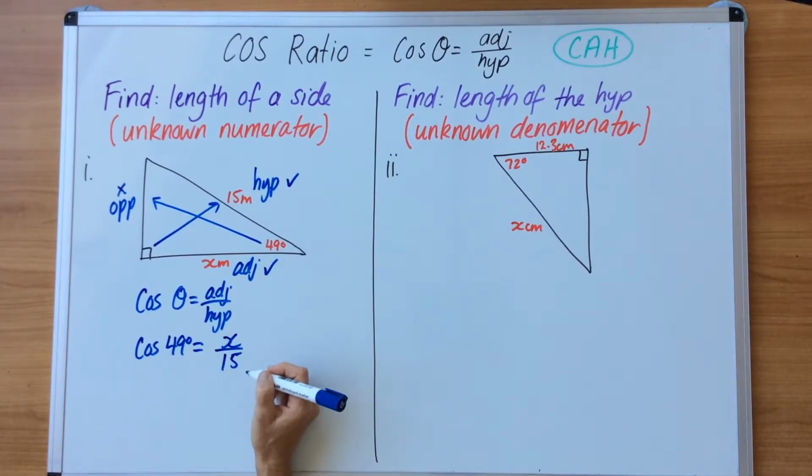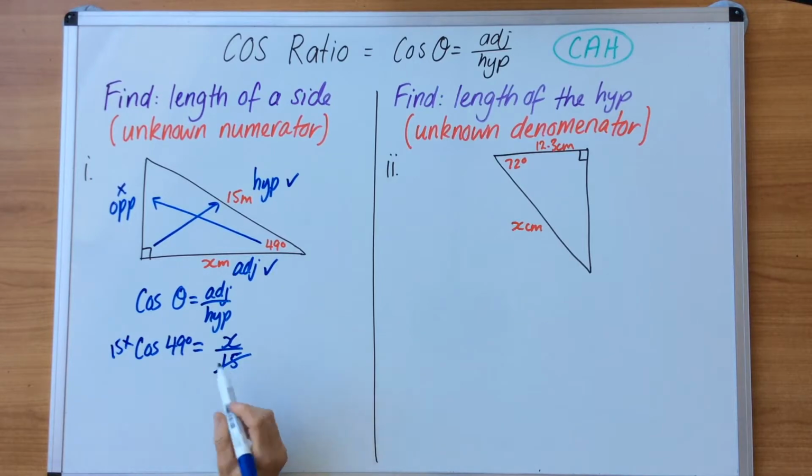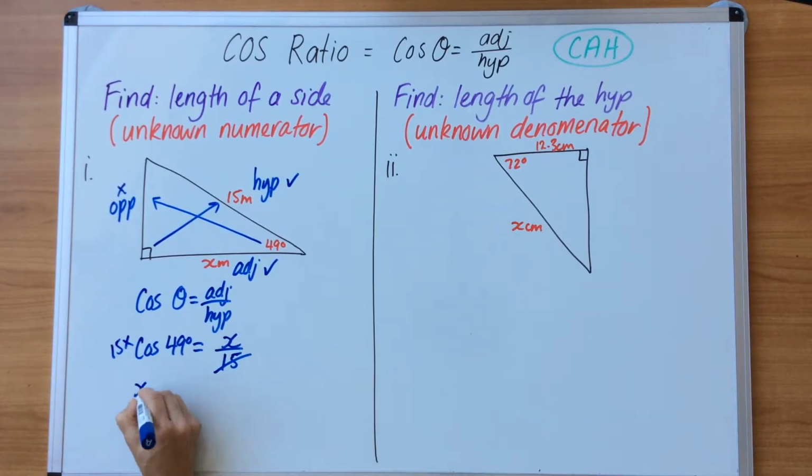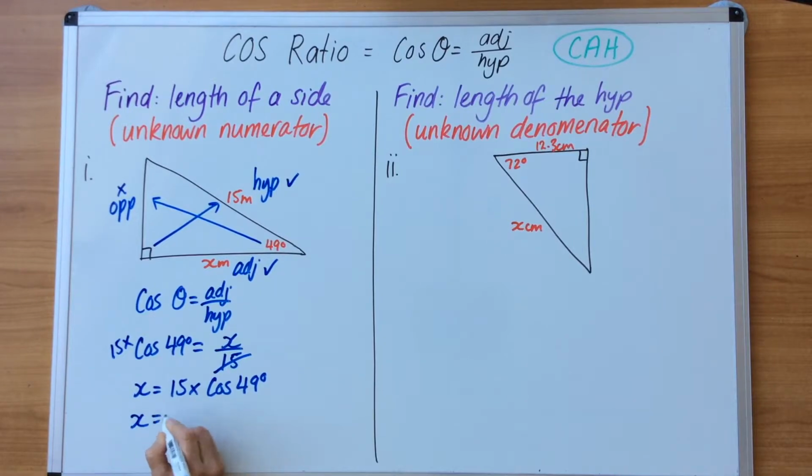We're now going to multiply the denominator and rewrite. So I cross out the 15 and I give it to the cos, and now I flip it back to front and go x equals 15 times cos 49 degrees. And I punch that into my calculator now. That's 15 times cos 49 equals,